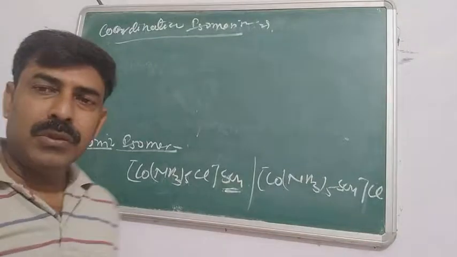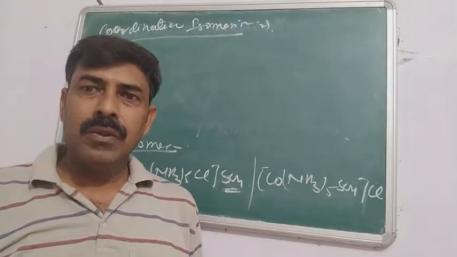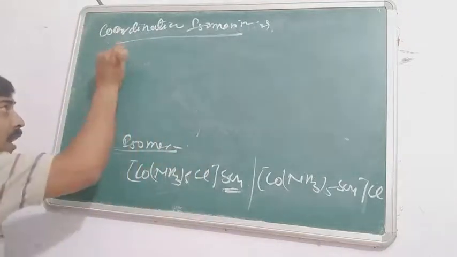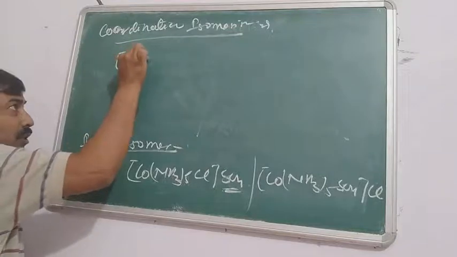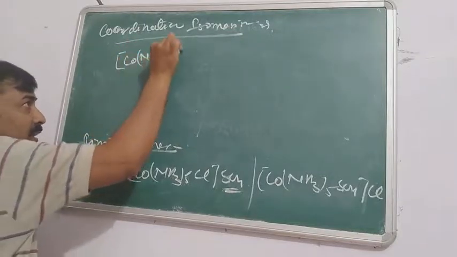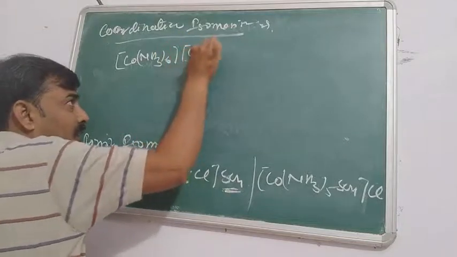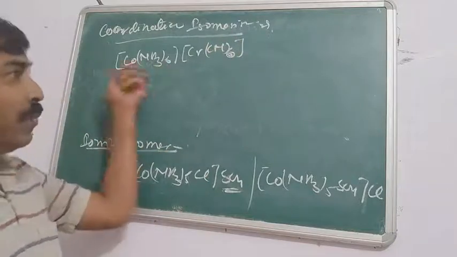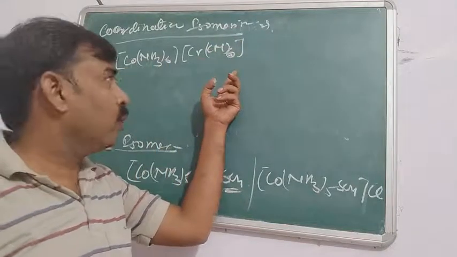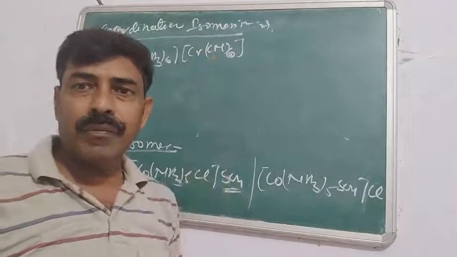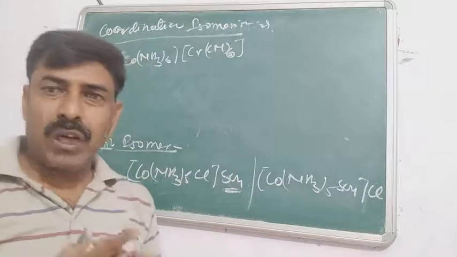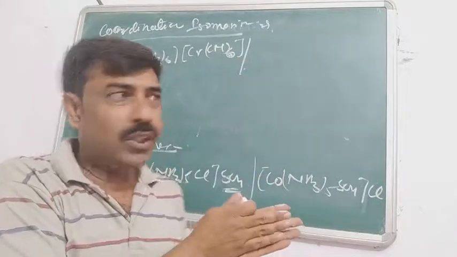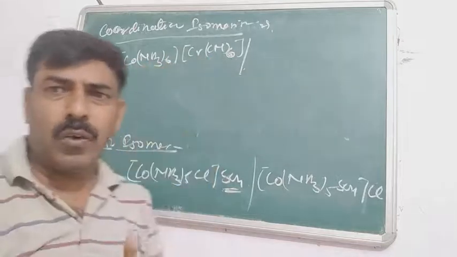Next structural isomerism is the coordination isomerism. Only those species having two coordination spheres give such type of isomerism. For example, if it is [Co(NH3)6][Cr(CN)6], that is the hexaamminecobalt(III) hexacyanidochromate(III). In these species, what happens in such type of isomerism, the ligands exchange their position, they change from one coordination sphere to the other.